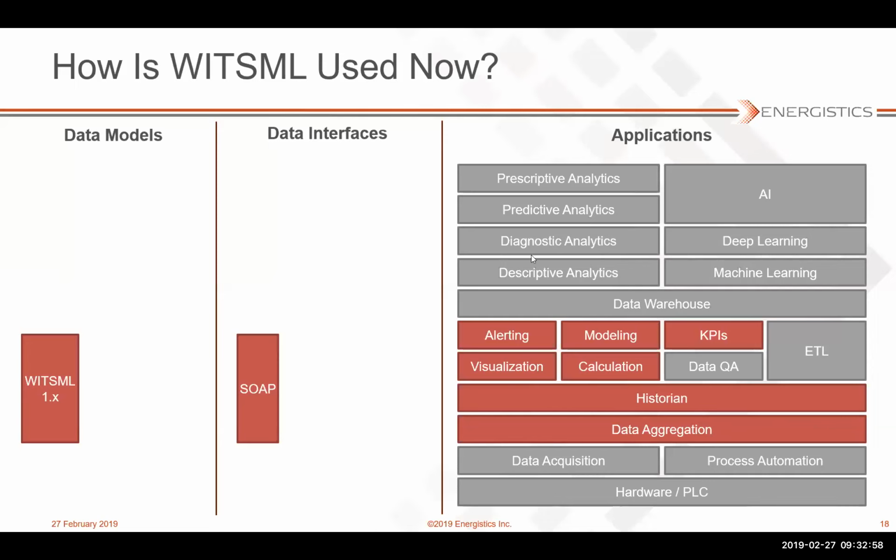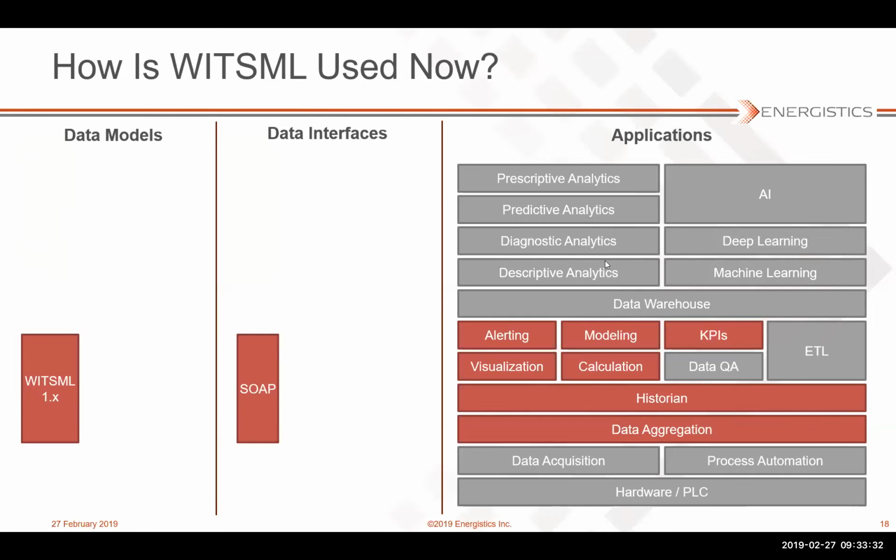Many organizations have this current stack of applications that they're using in their real-time monitoring centers, where they're doing some alerting when things go wrong with the data. They're visualizing log plots of squiggly lines showing them what's going on. They're doing some mechanical specific energy calculations and figuring out what the rig is doing based on the data. They're doing some hydraulics and torque and drag modeling. And they're doing some calculations like, what are our connection times? What are our tripping rates? What's our drilling ROP? And that's kind of the standard suite right now.